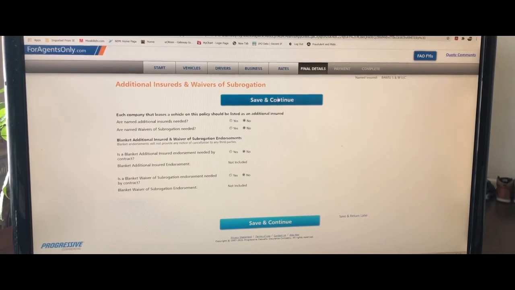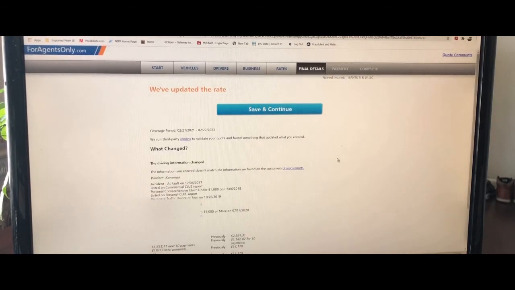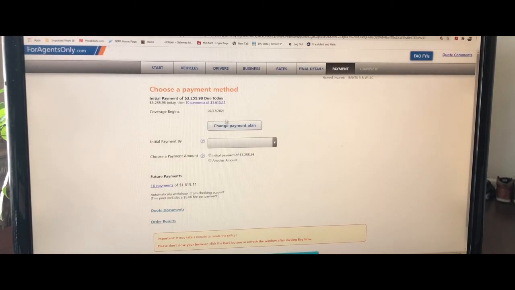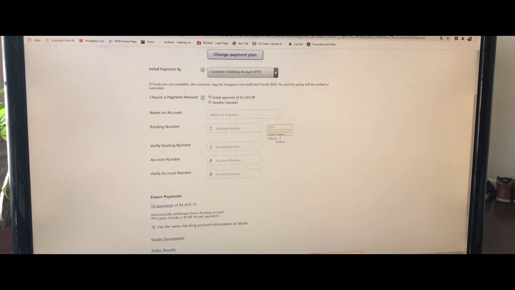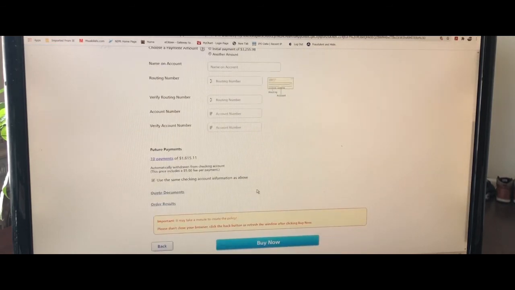finishing with the quote, and this is a summary of the payments. Choose the payment method. So if you want to change the plan, then you have to change it. See, this shows you when the policy starts. The customer wants to pay with the card, or they want to pay with the checking account, and this is the initial payment. So once you choose this, because I'm not going to enter the customer information right now for security reasons,